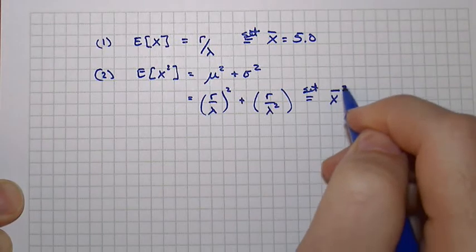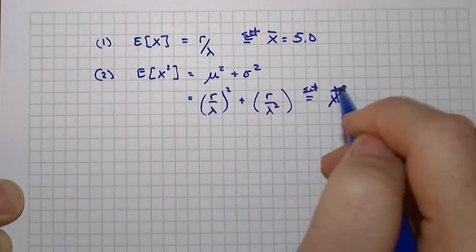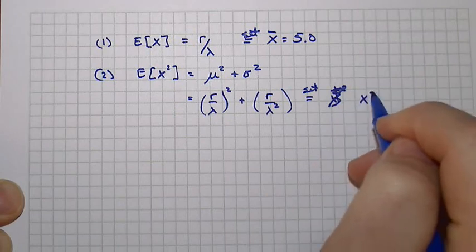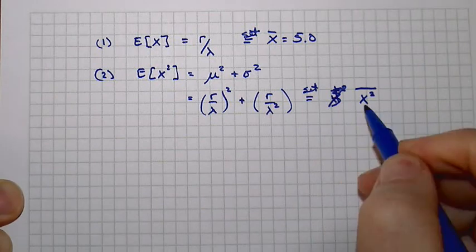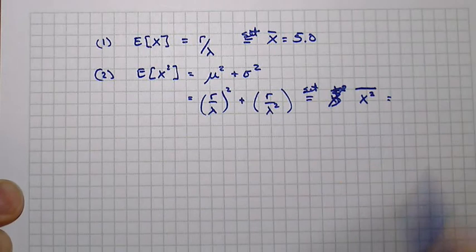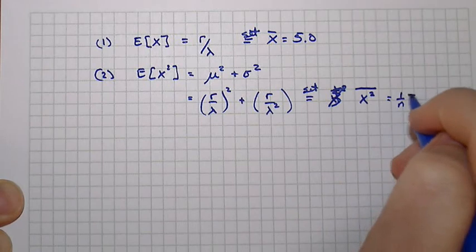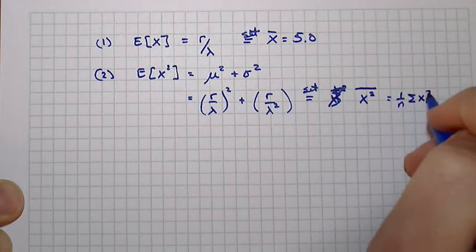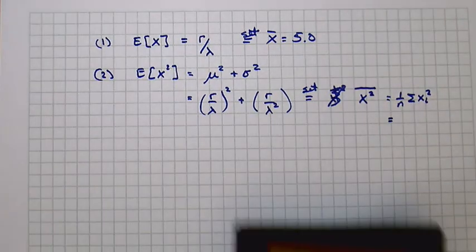Sorry, it's really critical how you do this, because you can get this all messed up. The observed value of the average of the x squared quantities, which in this case we can go 1 over n sum of the square of the individual values, right? And for kicks, let's go back and actually